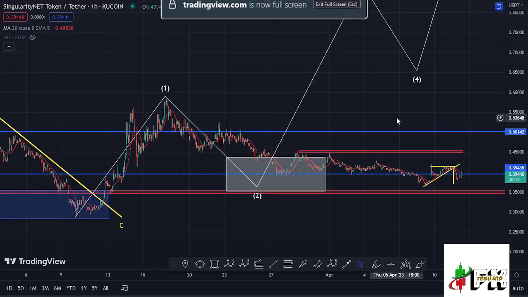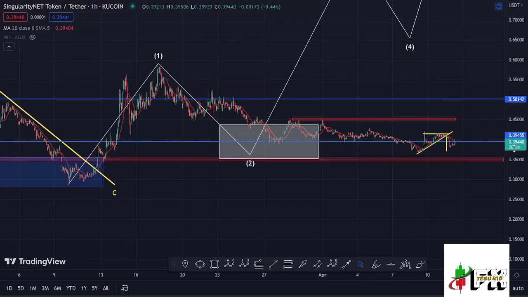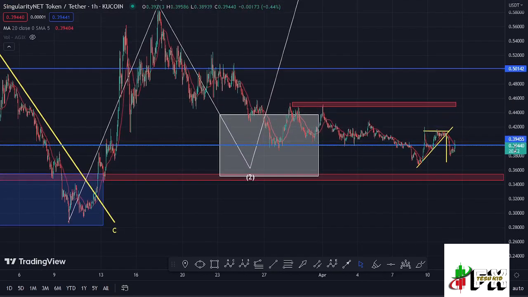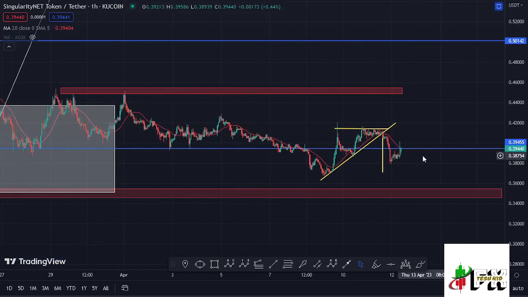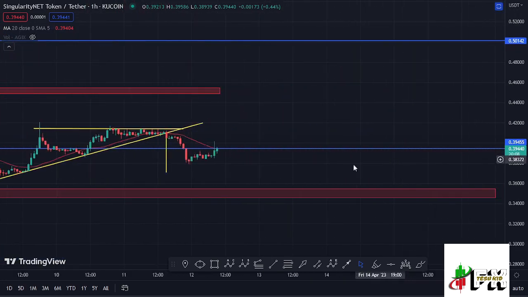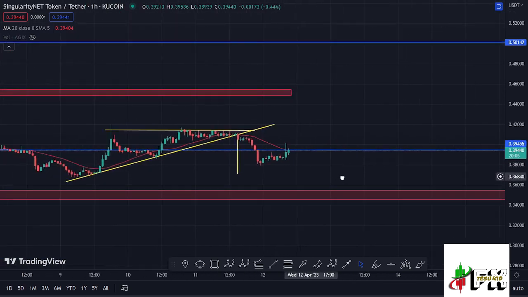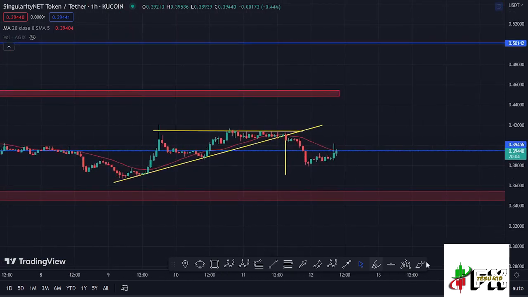Welcome back to TechKidFX for another Agix price prediction update, which at the time of this recording is breaking out to the upper side, and we are holding above the 20-day MA here on the 1 hour chart, which is now acting as support. We are also trying to battle out with a key area of resistance at around the